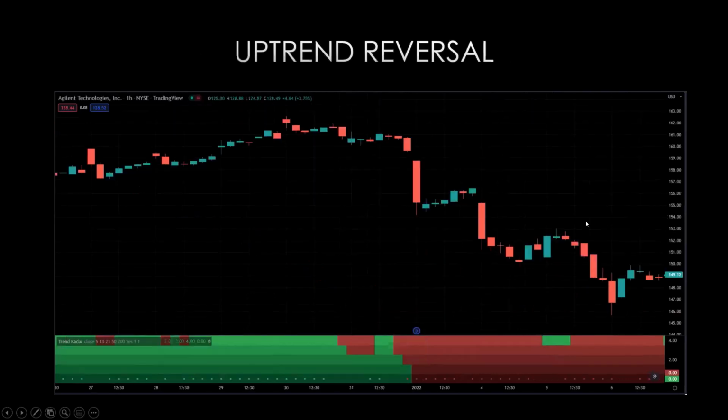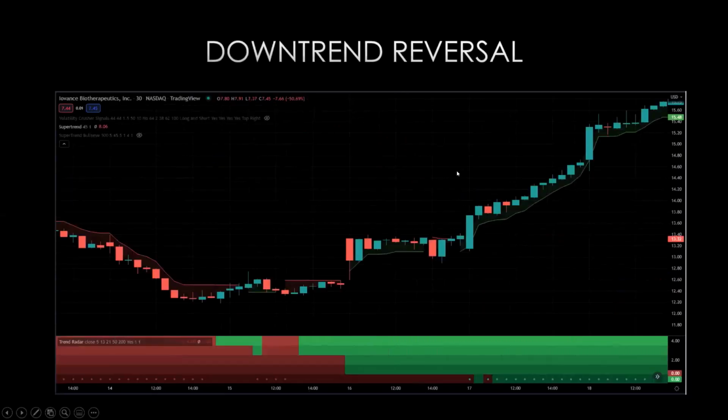So those were pullbacks. And here we see what is a common way a reversal might happen, where we see a sputter of the opposite direction kind of start to creep into the heat map. And then we see a gradual fall as price breaks through all of these supporting EMAs. And we see the shift to the other color. And this is just the inverse scenario where we have a downtrend gradually reverse into an uptrend.